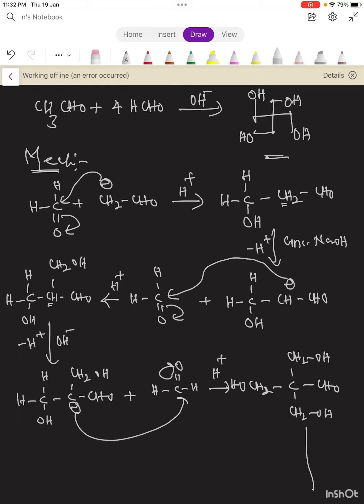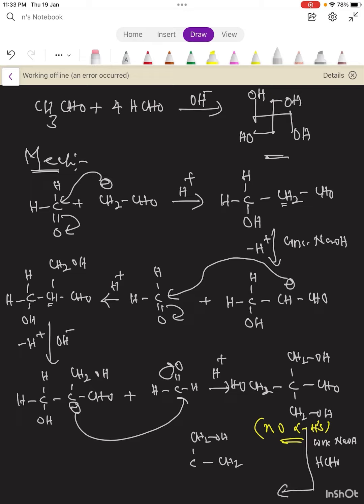Now this, in the presence of a strong base, that is concentrated NaOH, reacts with formaldehyde, HCHO. See here, there are no alpha hydrogens. So in this compound, no alpha hydrogens are present. That's why it directly reacts with the acetaldehyde and forms formaldehyde, and it forms